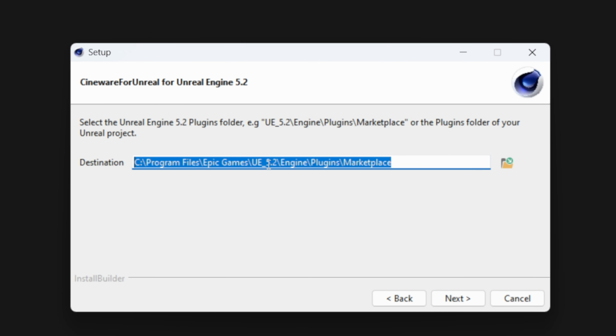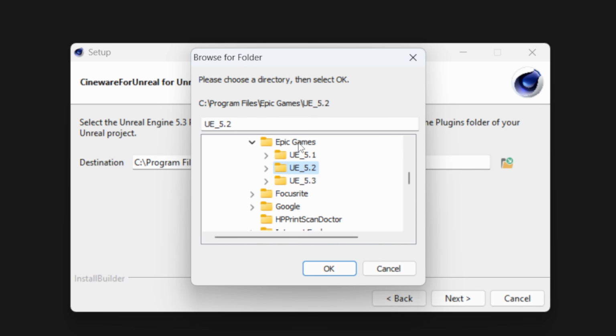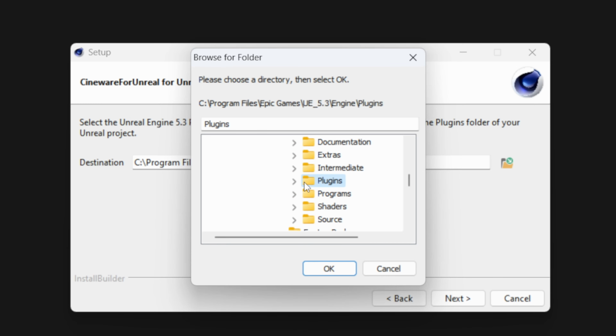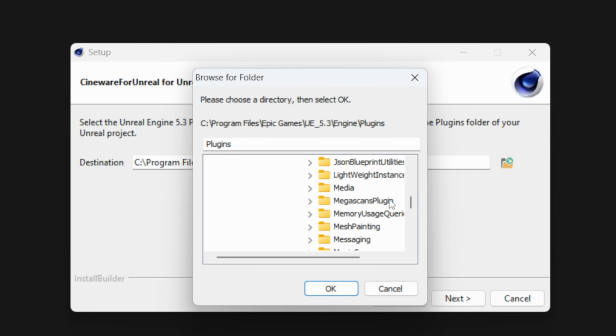So if I click next again, let me just paste it in here, and then I'm going to hit the search bar. And I'm actually going to look for the version that is 5.3. So right here under Epic Games, and I have this installed on my C drive. Come down here, look for engine, plugins. I'm going to come down here and let's look for marketplace, in which it doesn't look like we have a